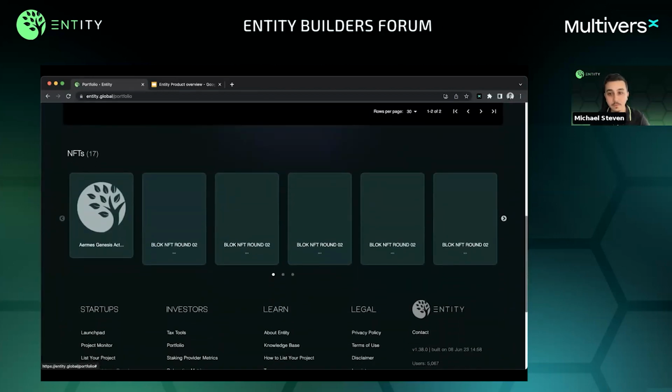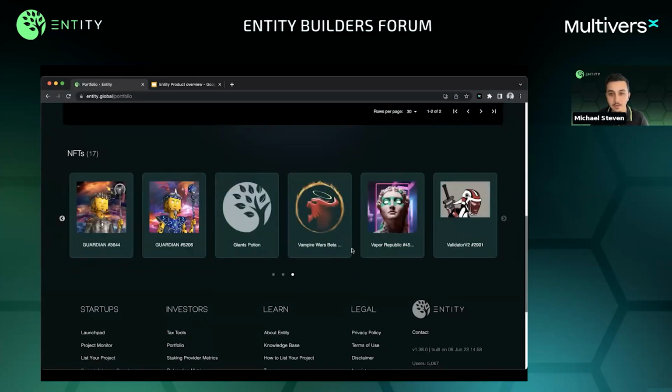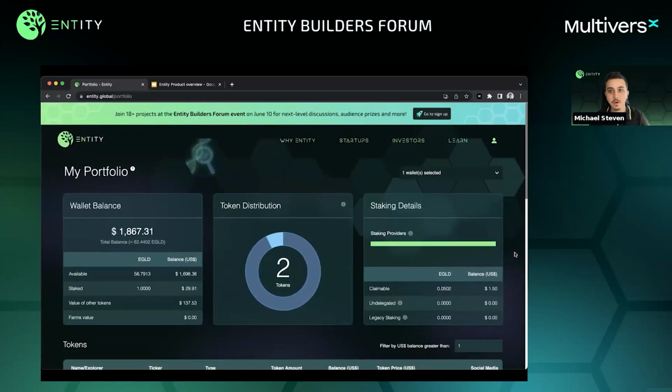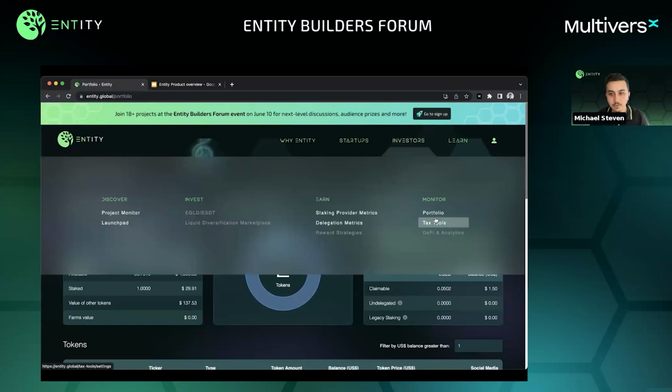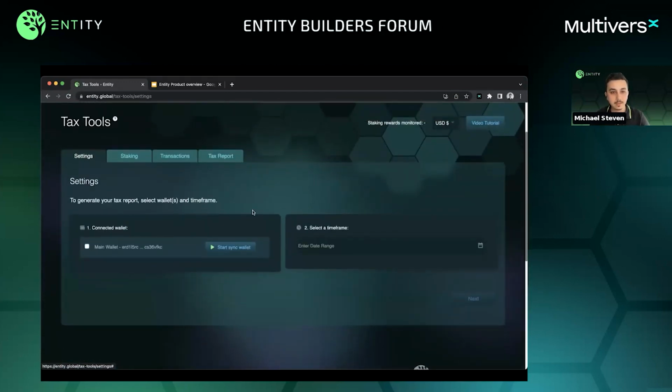And if you jump off, you can see all the NFTs available at a glance, and then you can even interact with them and go and research them and expand them on the Explorer. We also have the tax tools, which you can utilize to generate a comprehensive tax report that then you can